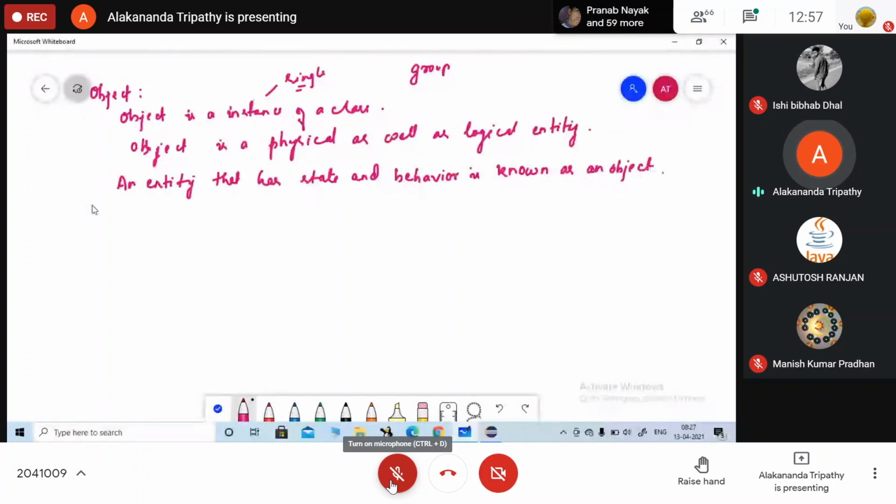For example, bike, pen, car, bottle, marker. These are some examples of objects. Are you clear?